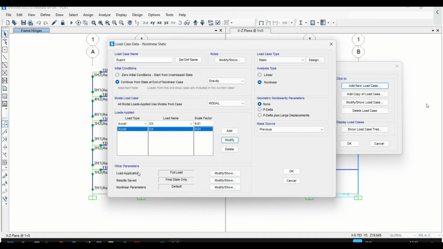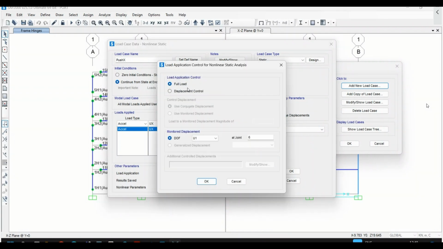And importantly, we would like to see the results in multiple states. So for load application, first of all, we use displacement control. We are going to specify, let's say, 0.3 monitor displacement of 0.3, or 300 mm,